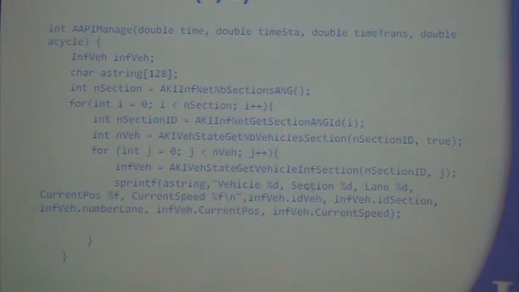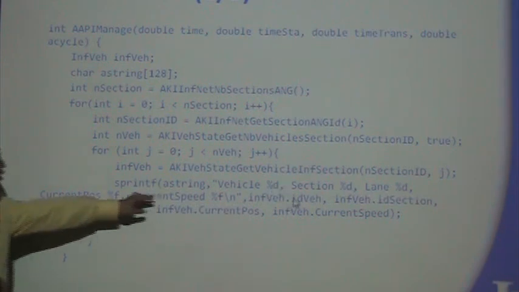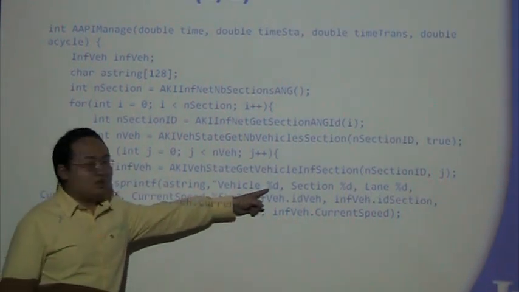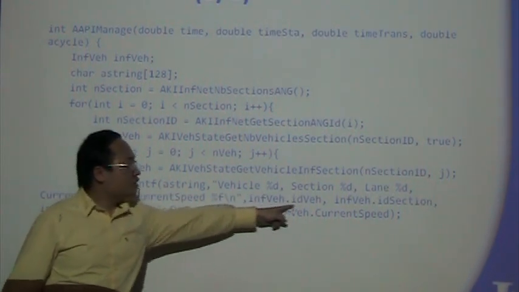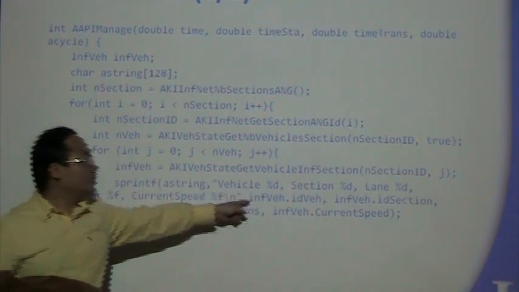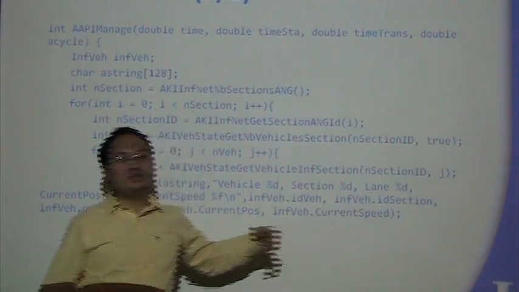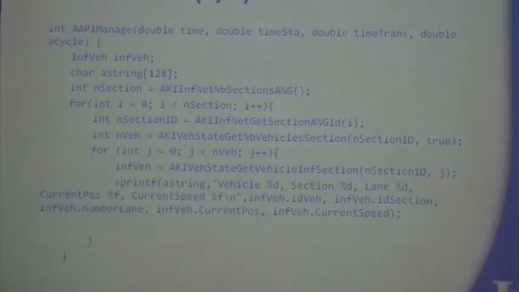So in this very long statement, we're just going to create a string using this format. And this %d means an input. So this statement means we are going to replace this %d using this IDVH, using this number. We are going to replace this using this number. %d means it's an integer. %f means it's a